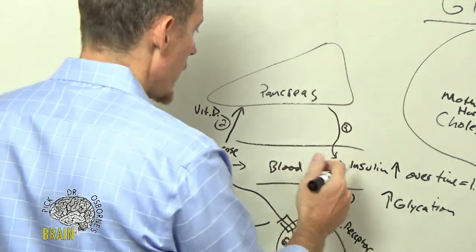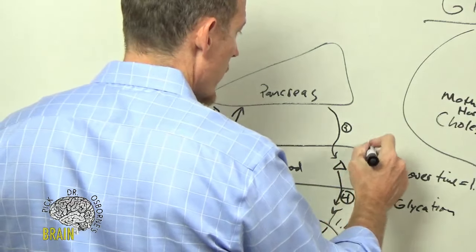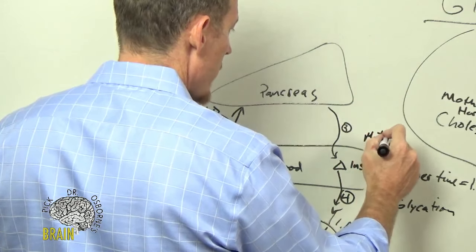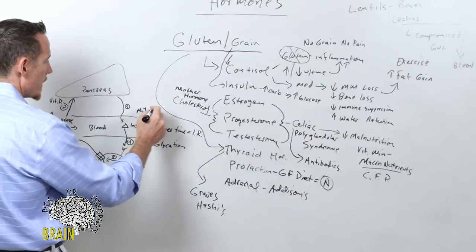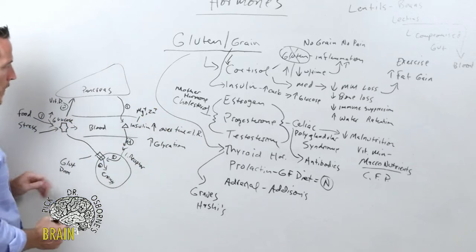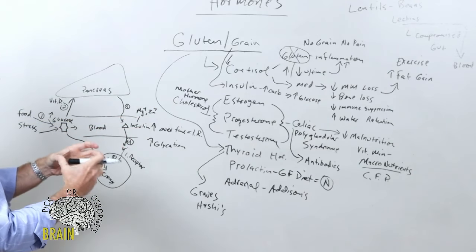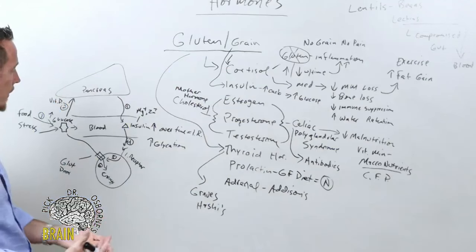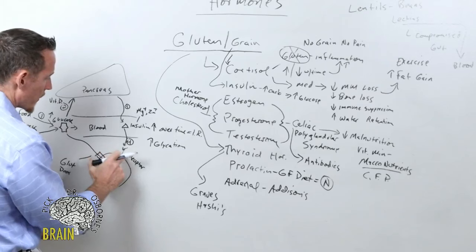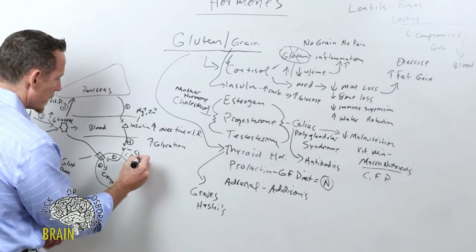Step 3, insulin, is the production of insulin, which requires the micronutrient magnesium. It requires zinc. So you need zinc and you need magnesium to properly produce insulin. Zinc actually holds insulin together. So if you don't have adequate zinc, what happens is you produce insulin that doesn't work very well. It's not as effective. This receptor, this insulin receptor, is made out of chromium